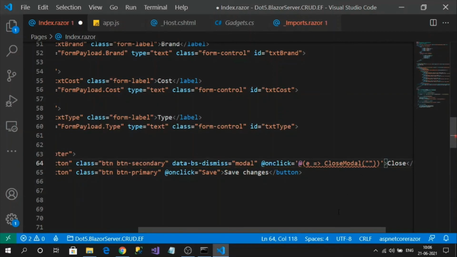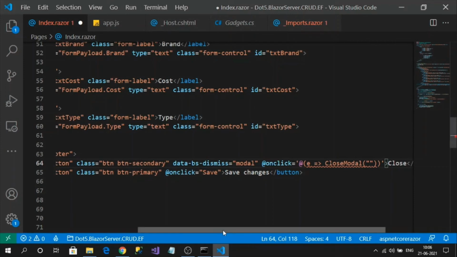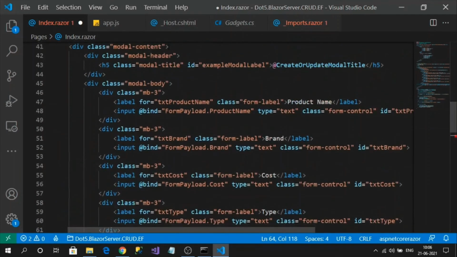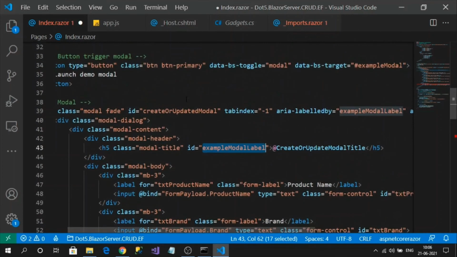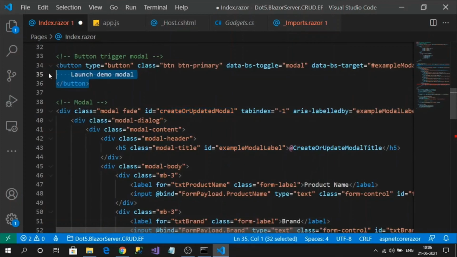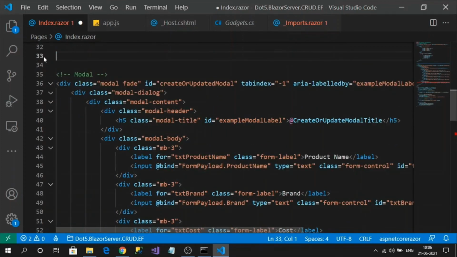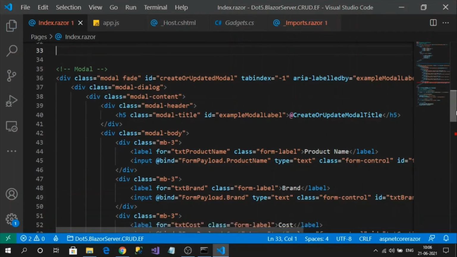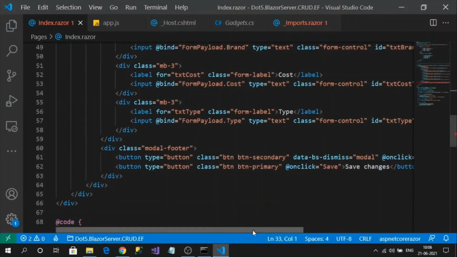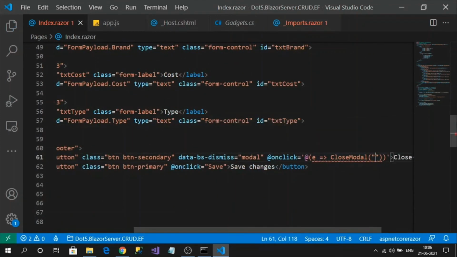And now what is my ID? Modal ID. My modal ID. Not this one. This one. Remove this button. So I am passing the modal ID value.